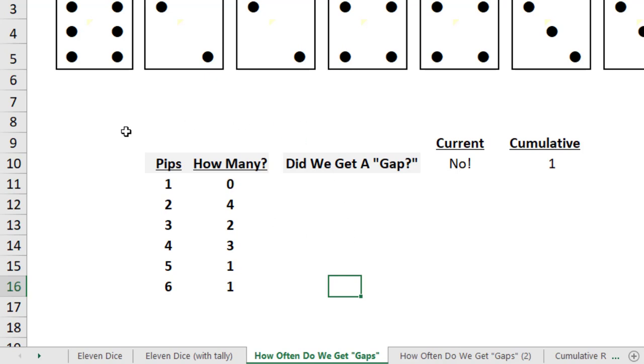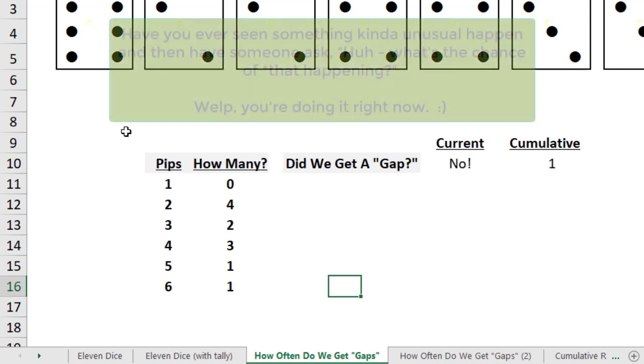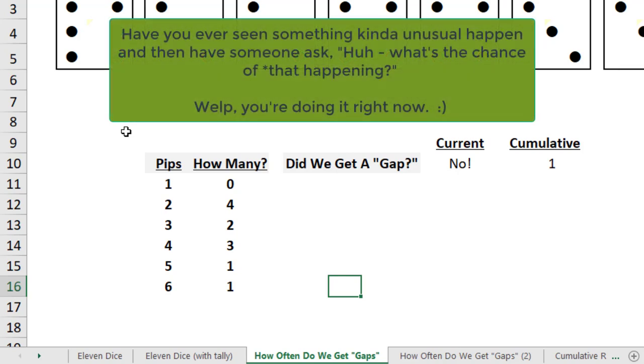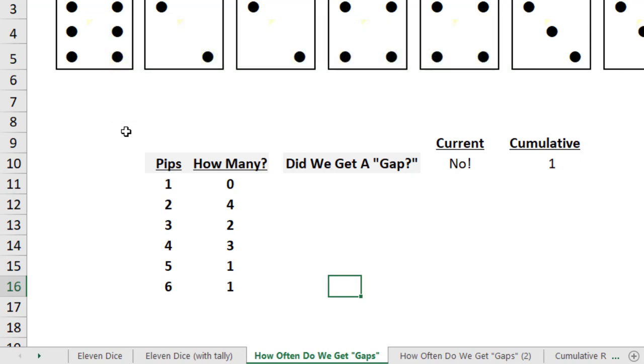Now, this is important, and I want to take a small aside here. I've decided to define the gap to be 2 or more zeros because that's what happened in my experiment. And I'm trying to measure to see how often that actually happens. Hopefully that makes sense. When you're reading statistical journals, you have to make sure you know how they're defining the